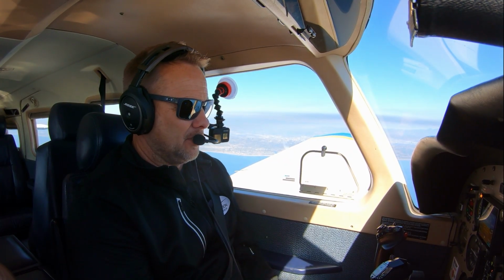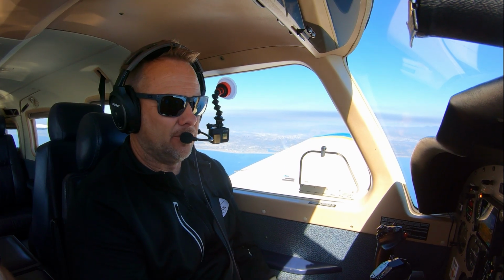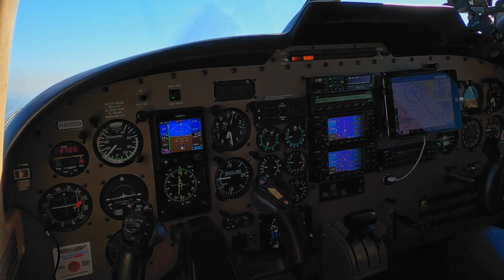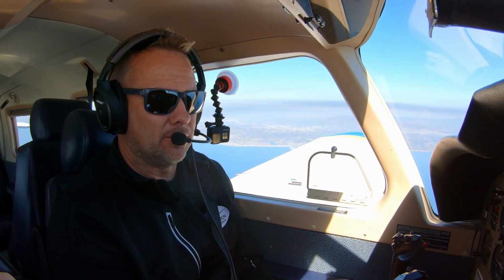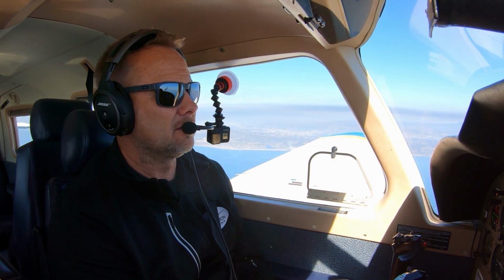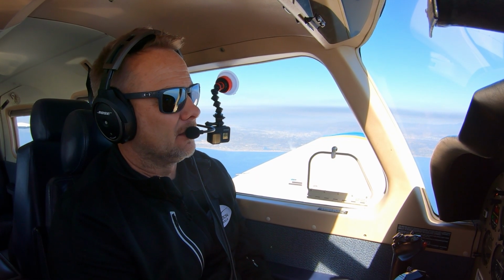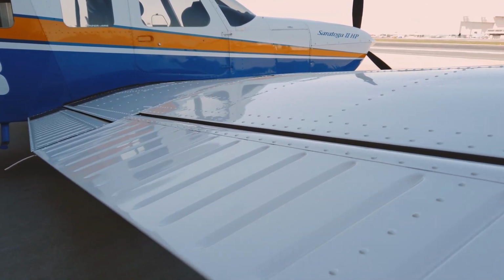Okay, we climbed off of Long Beach and headed to the southeast, 5,500 feet, headed down towards San Diego. And a little bit of history on this Saratoga. It's a follow-on model. Originally was a Cherokee 6, which I think came out in the 1960s. And then they retracted the gear, and I think they started calling it the Lance. And then they evolved it a little further and put a different wing on it, I believe, and it developed